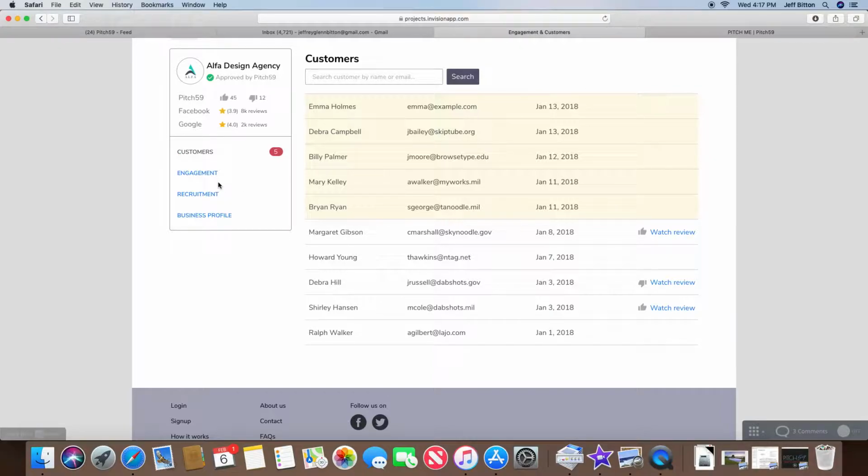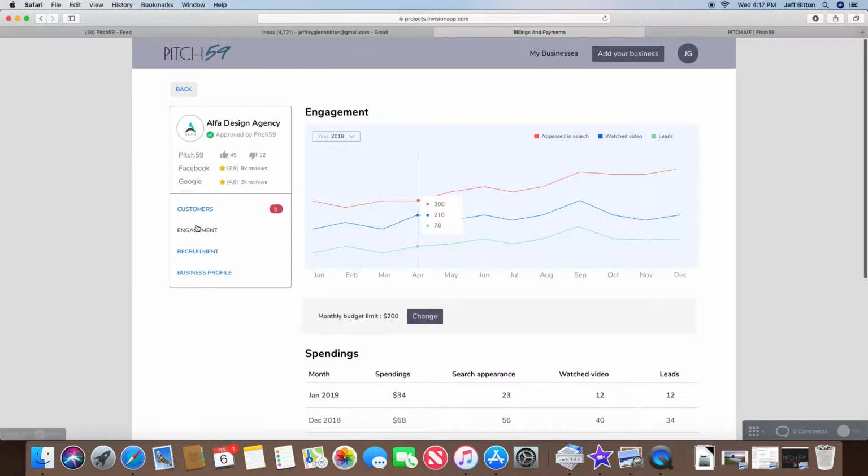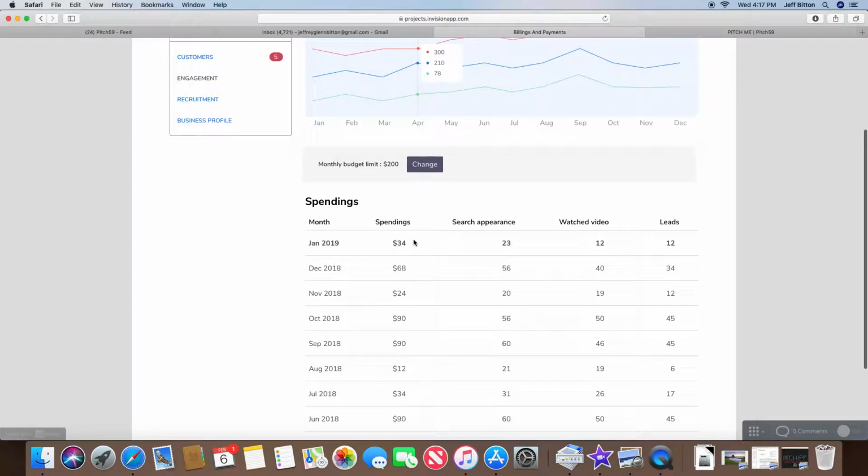Okay, over here on the company's profile, you'll click on engagement. This is the statistical analysis of how they're doing on Pitch 59. So it'll show how much they've spent. They'll be able to put in their own budget right here. So if they want to spend $200, we just charge $1 per sales pitch video view, and then $3, or either 3 or 5. Eventually it's going to be $5, but we'll probably start off at $3